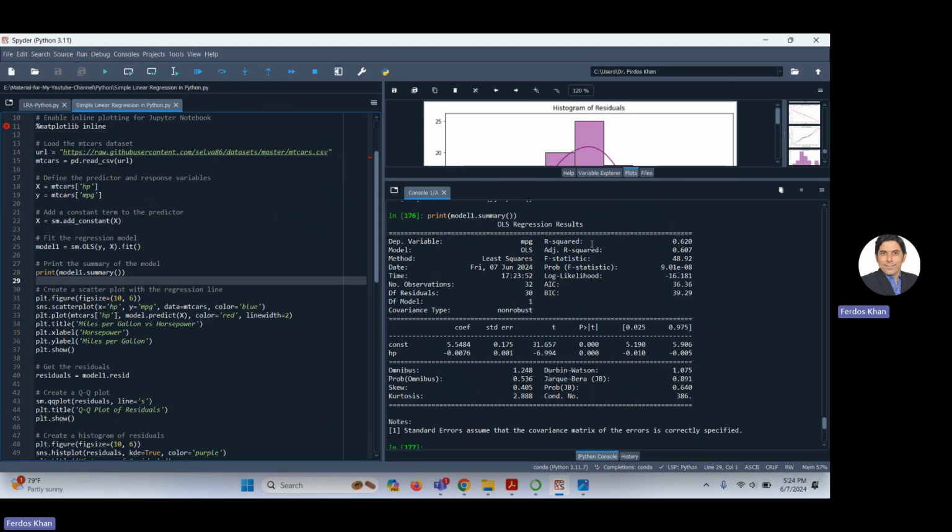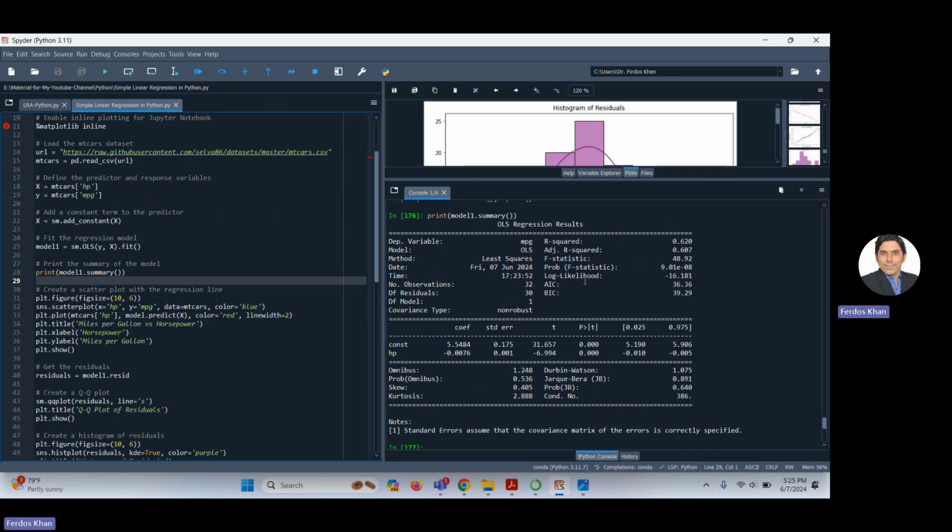We will explain this sometime later. This is very important to see how the model worked, how well the model worked, because this explains the variation in the observed data. So this means that 60% of the variation in the observed data, the response variable, is explained by this model. So still it is low, but in some problems it is okay. It's dependent on the problem. Adjusted R square, you can see the F statistic, the probability of the F statistic, so p value, and log likelihood,